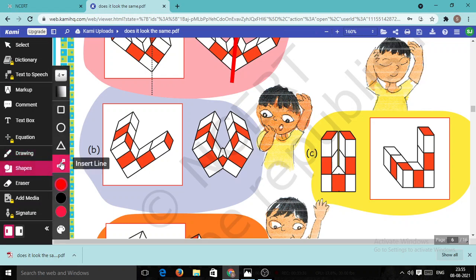First draw the line of symmetry. So this is our actual line of symmetry. Look here, actual line of symmetry. That means how many parts are given? This is the right part. Look here, the right part is the original part. Observe it.